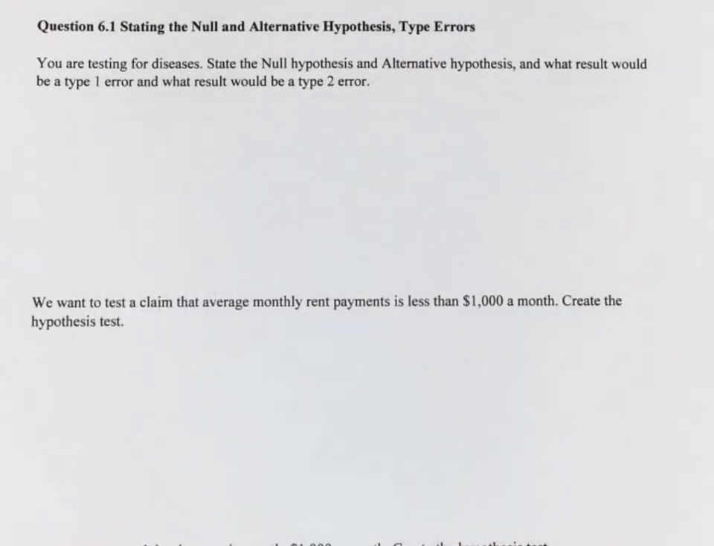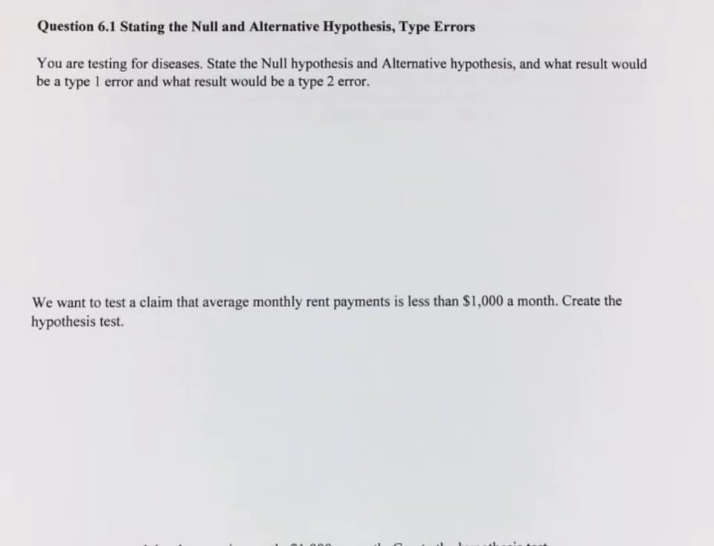Stating the null and alternative hypothesis and type errors. When it comes to hypotheses, we use hypothesis testing as testing our belief about something in the world. So for instance, our null hypothesis is the default state of the world, and our alternative hypothesis is an alternative